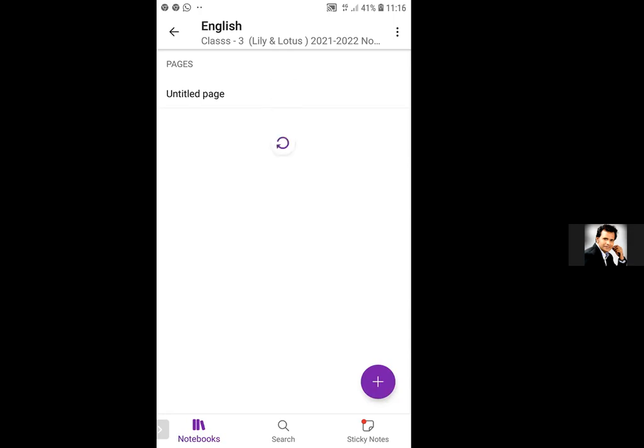Now I will refresh this page. See, I have refreshed this page. Now it is syncing in the background. We need to refresh this page and wait with patience. See, it says syncing in the background.